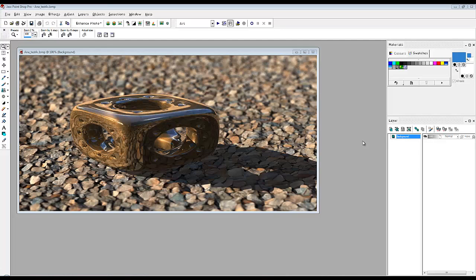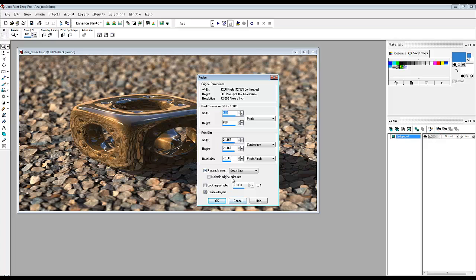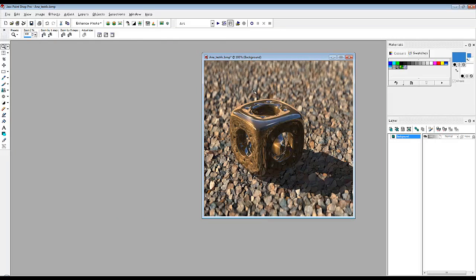So here then is the result of that render in my paint package, and I go image and resize, and I've got smart size, which involves some sampling, but I've got other options here. I could try, I don't know which is better really, bicubic maybe, and then I'm resizing it to its original document size, so that brings it back in. So with the additional sampling it should be a bit smoother on the depth of field,